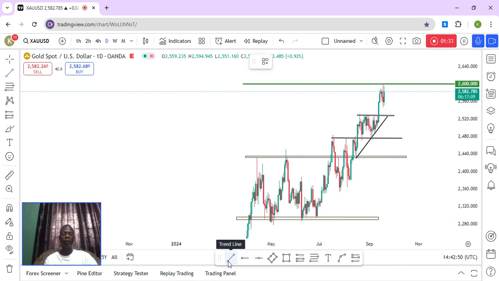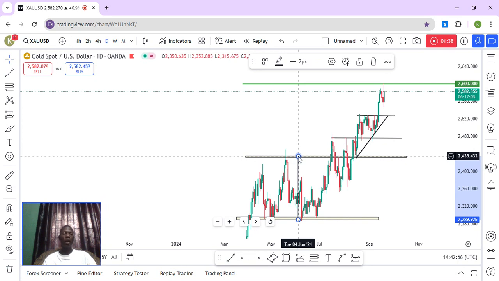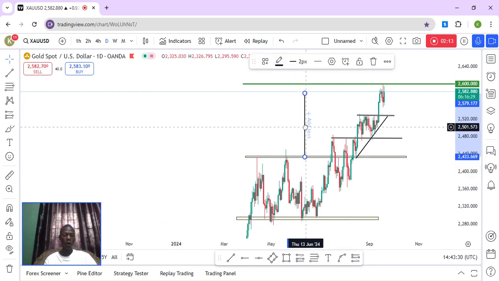For those of you just seeing this video now, this is how we came about it. Whenever a market is in a range, if the market breaks out of the range, it is going to move for the same amount that it ranged. If the market ranges for a certain period of time, it is going to move for that particular period too. If you calculate the height from the support level to the resistance level of the range, then put it at the bottom or the top of the range.